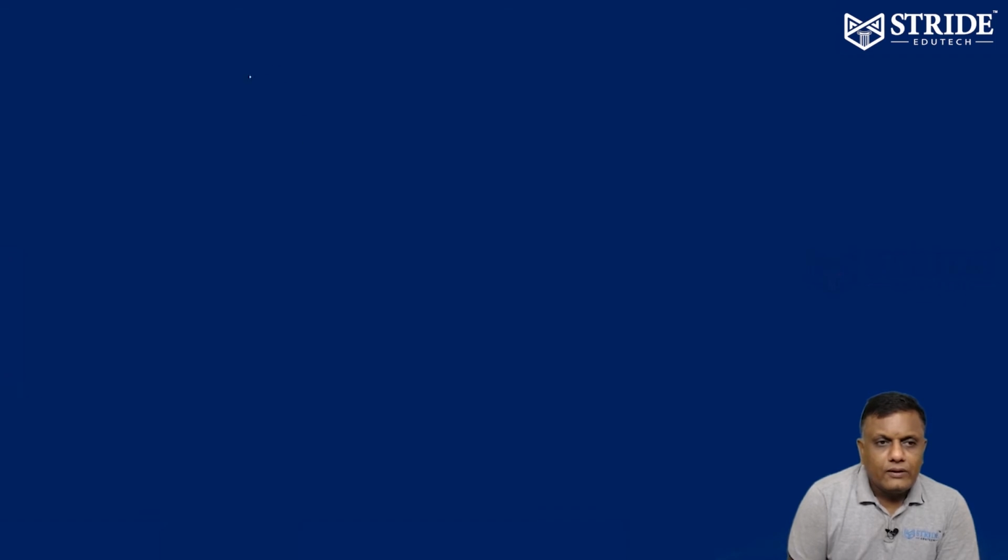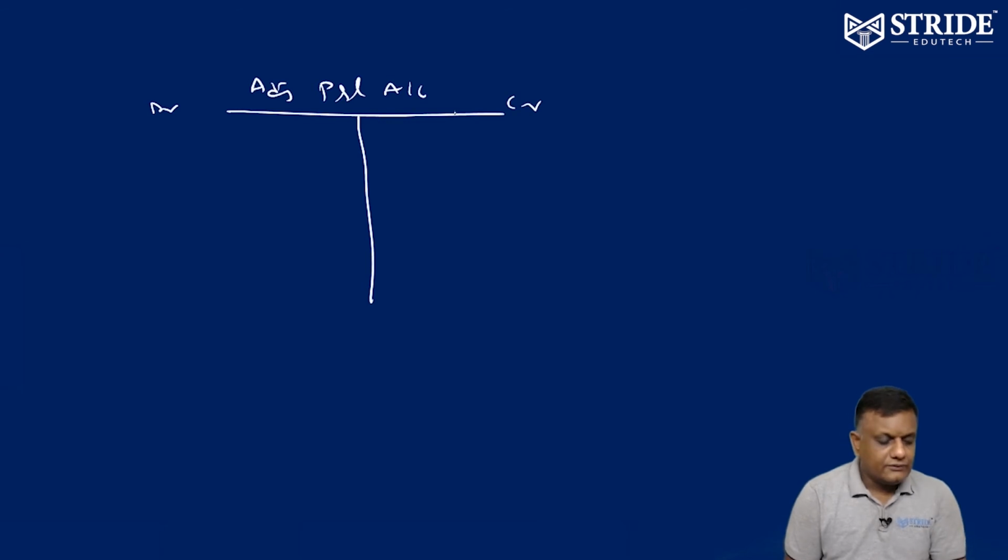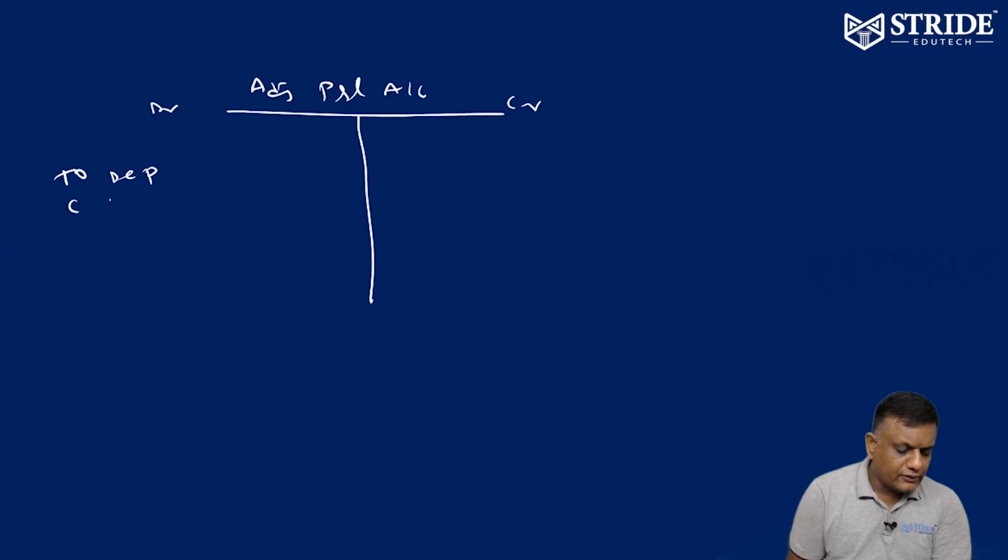Step number 2, we have to prepare the adjusted profit and loss account. For this, we have to prepare separate notes also. We'll prepare it, no issues. So the adjusted P&L account. First one, depreciation. Depreciation has been given in the notes: 10,000 for plant and 20,000 for buildings. So that is equivalent to 30,000. Depreciation comes under the adjusted P&L account.